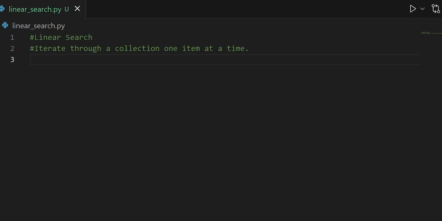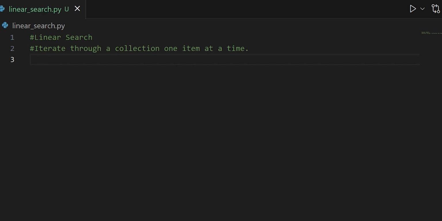The benefits of a linear search is that it's going to always work no matter what the items are, and it's going to work whether it's sorted or not sorted. Some of the disadvantages with the linear search is that as the numbers or data set increases, it slows down because there are more items to iterate through. A linear search is going to examine every item in the data set until it finds the item that it's